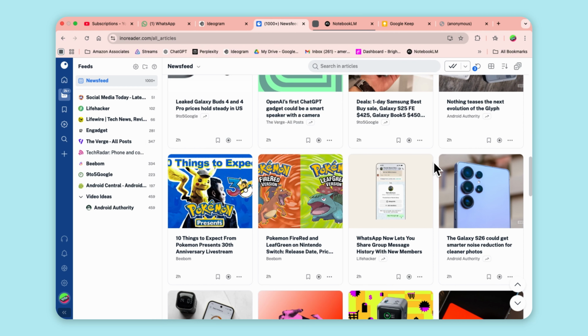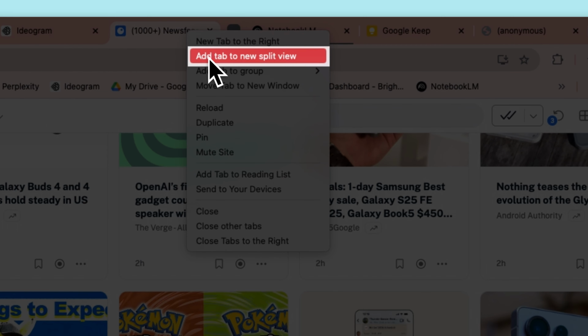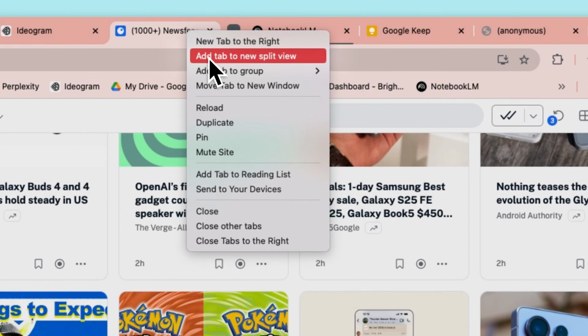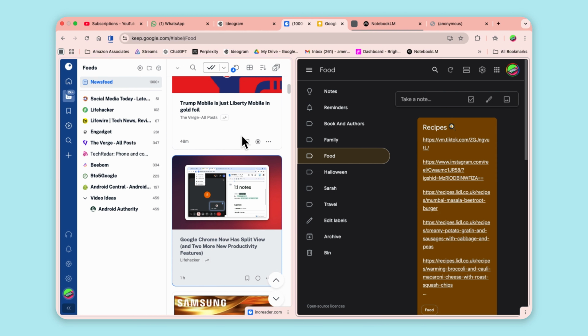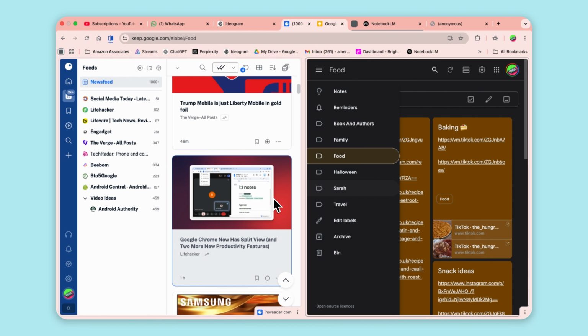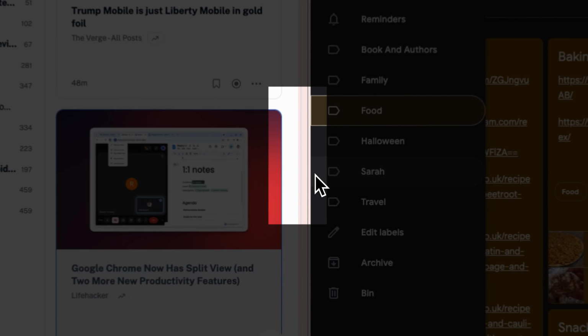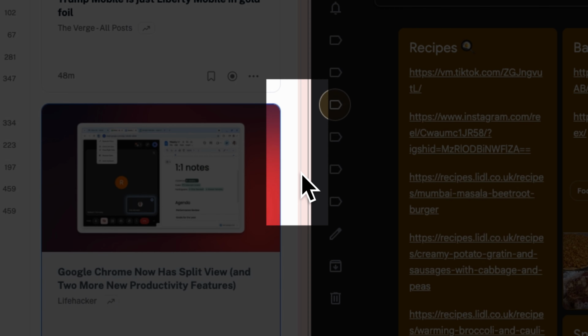To use it, simply right-click any tab and select Add Tab to the split view. So let's click on the tab we're on now, add tab to the new split view, and we can select the split view. Once your tabs are merged, you can drag the slider between them to adjust how much screen space